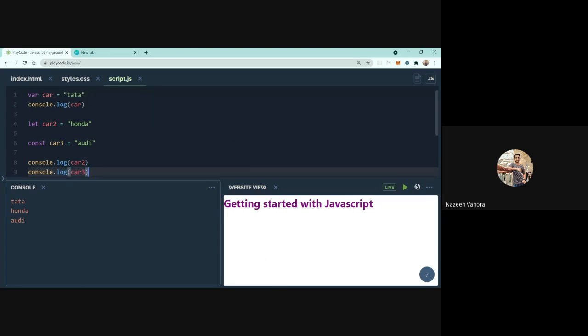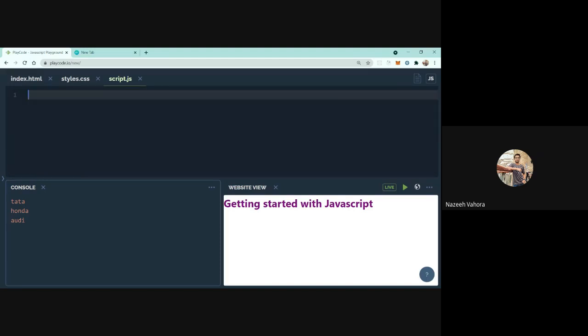Now, how are they different from each other? They are different from each other in scope, meaning that any variable which we declare using var is a globally scoped variable, and any variable which we declare using let and const is a block scoped variable.